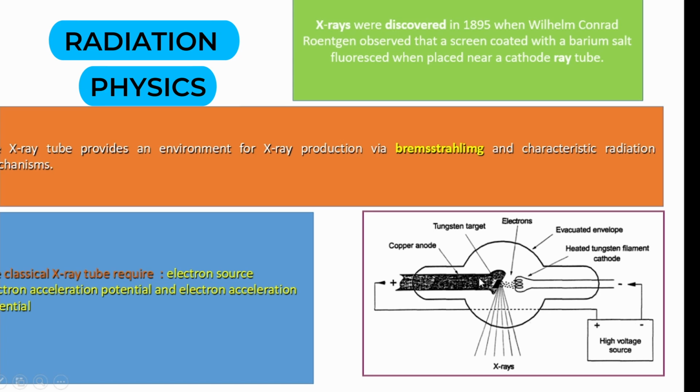So they are attracted here, and when they come here, during the process, they decelerate, they produce X-rays. Our anode is actually the tungsten target. The target is here, where the electrons are coming, and the X-rays are produced here. So in brief, this is exactly how we produce our radiation. That's exactly how we produce the X-rays.